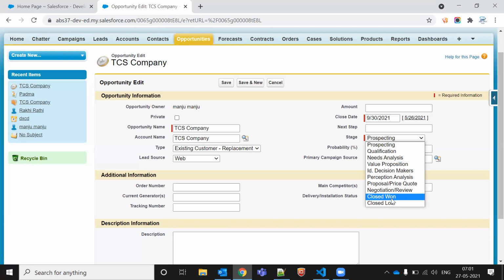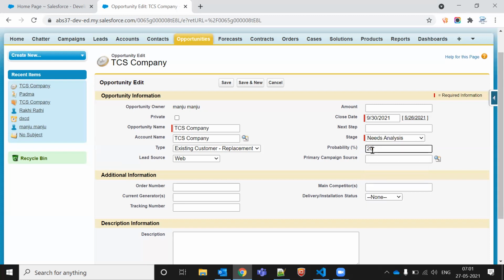It can be closed won, it can be closed lost. Closed lost means the customer or shopkeeper is not satisfied, might be a reason, can be anything. Okay, let's say now it is successfully closed won, and parallelly your probability will also be increased. It is for tracking purposes. Let's say probability is at 10% only. Now it is increased by qualification, need analysis.